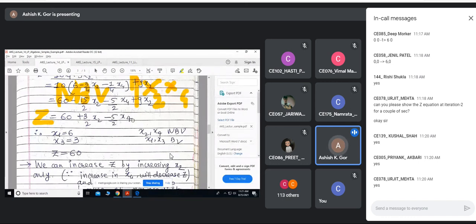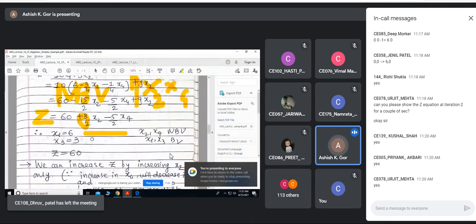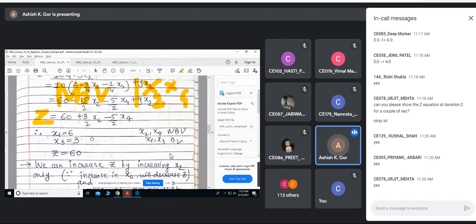So this is a way to detect if there is any positive value like plus 3 by 2 into x2. If there is any positive value on the right hand side of the objective function, there is a chance of improvement. If everything goes negative, that means you have reached the solution. Now you cannot improve. In place of plus 3 by 2, if it had been a minus 3 by 2, then there is no way to improve. Why? Because to increase that, x2 would have to be less than 0, so there is no way to improve this.